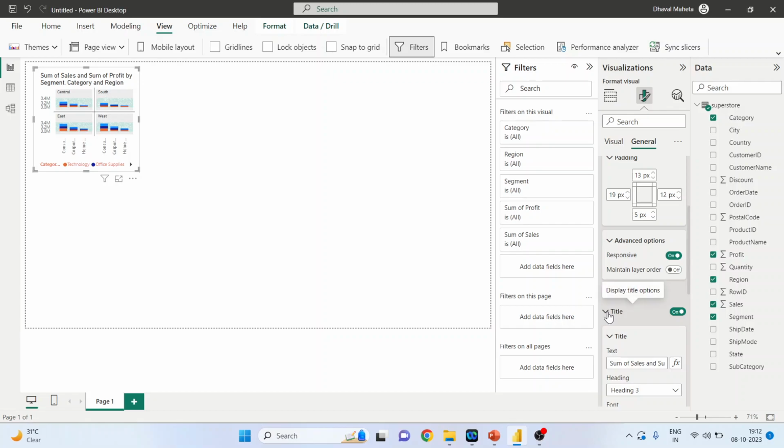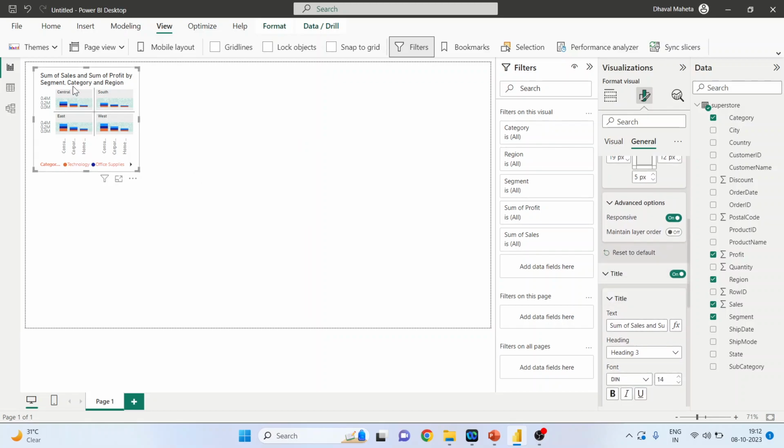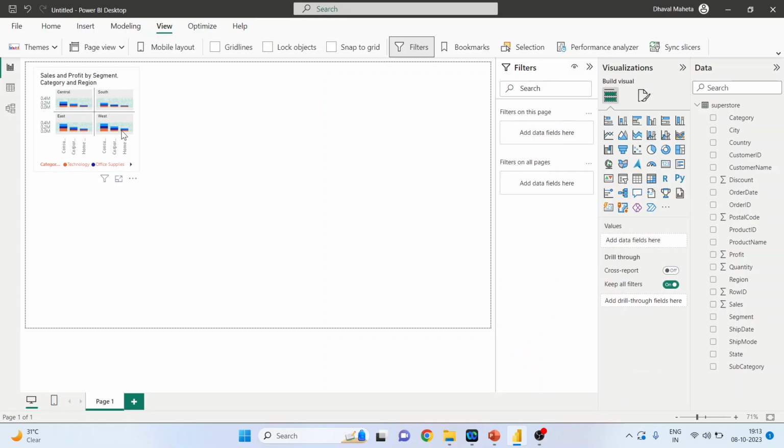Title. So the title is sum of sales and sum of profit. I don't want this sum to be written. Remove sale sum and remove from profit also. So it is sales and profit by segment. Yeah, it's fine. Again, click on it